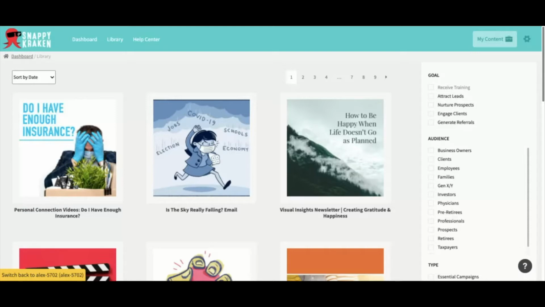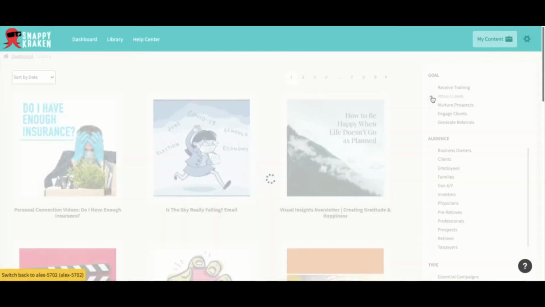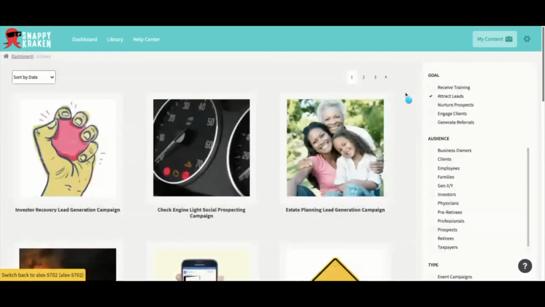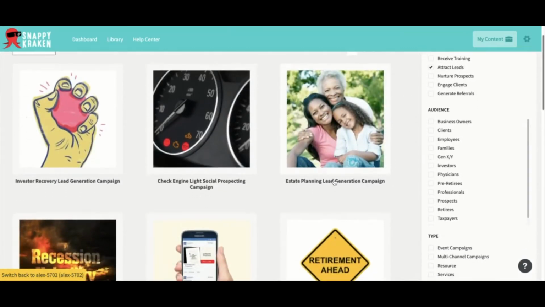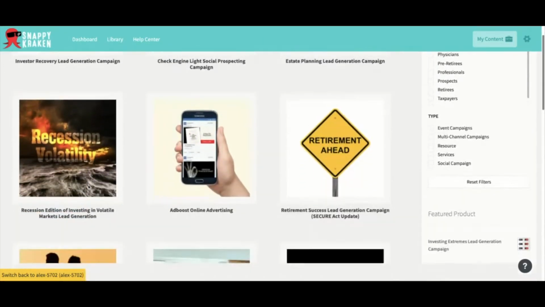Now, there are three that I really focus on today. We do have many more types of campaigns, but the ones that we typically lean on are our lead generation, our prospect engagement, and our newsletters. So I'm going to start at the lead generation level and work my way down in the process that we use them. I'm going to hit on attract leads first, and you will see some sprinkling of other campaigns under this attract leads category, but anything titled lead generation is what I'm